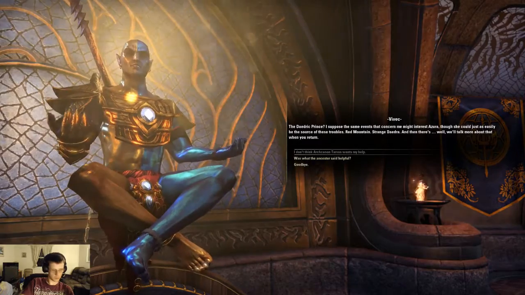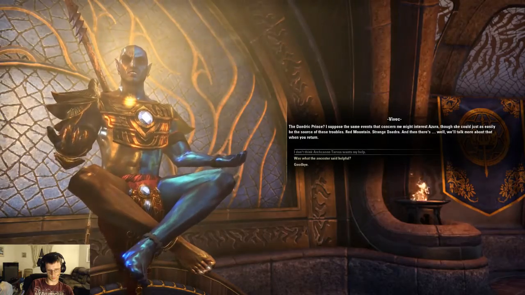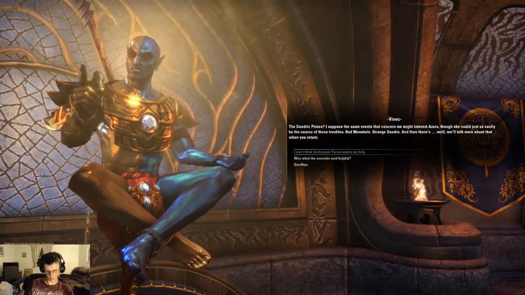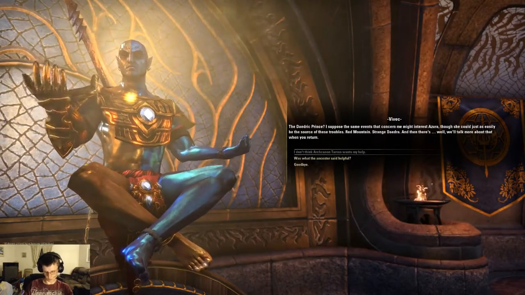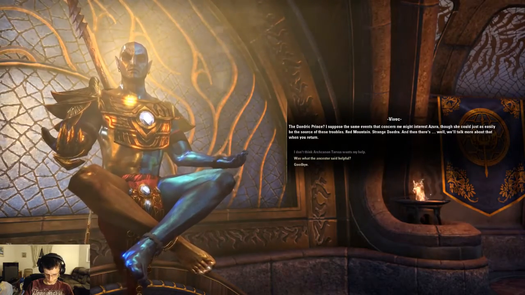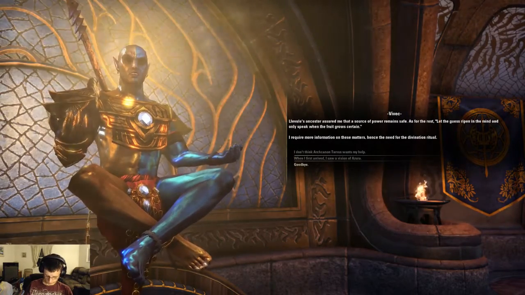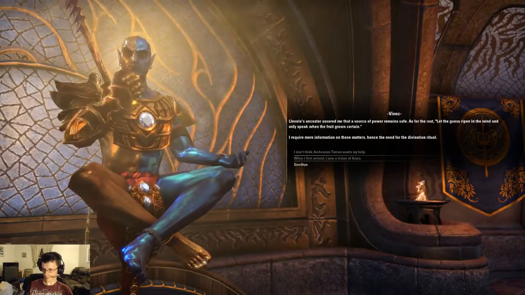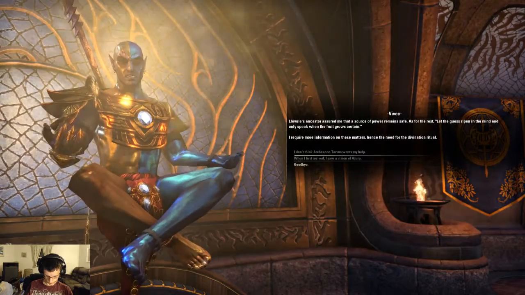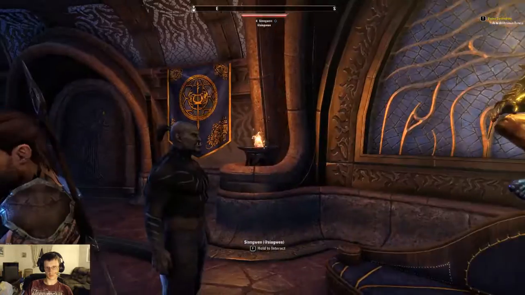The situation that troubles me has taken a toll on my Archcanon. Tarvis will do. Find the Archcanon in his office, and he'll tell you how to proceed. The Daedric Prince. I suppose the same events that concern me might interest Azura, though she could just as easily be the source of these troubles. Red Mountain. Strange Daedra. And then there's... well, we'll talk more about that when you return. Alright. Levul's ancestor assured me that a source of power remains safe. As for the rest, let the guess ripen in the mind, and only speak when the fruit grows certain. I require more...